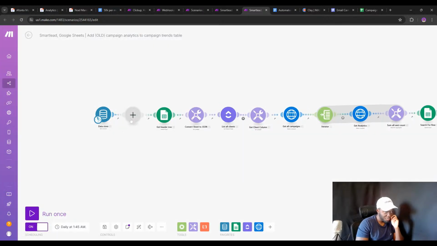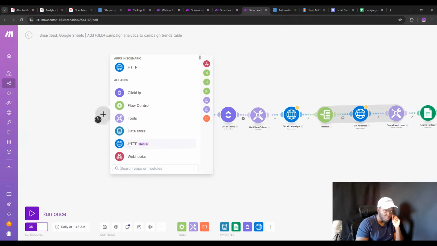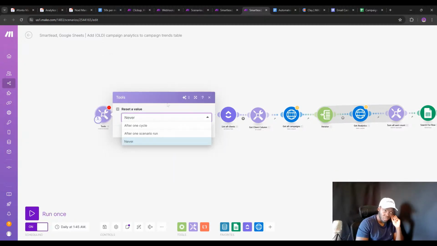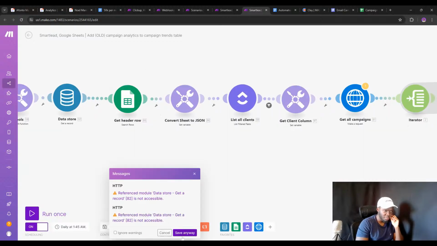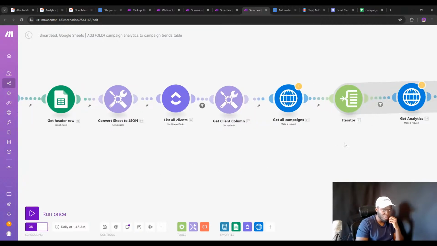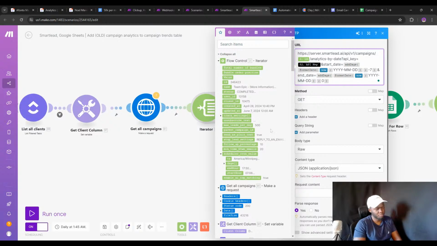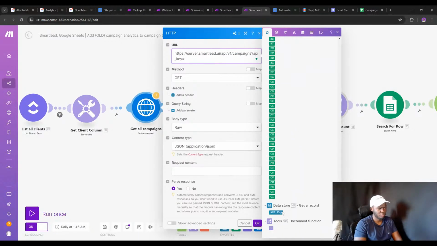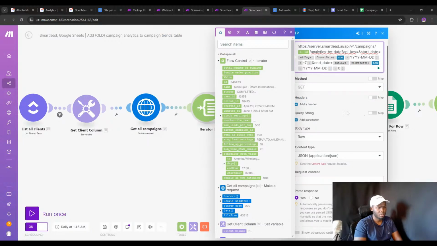So add module, delete. We're going to clone this right here and then plop it in here. And then we're going to add a tool, which is going to be the increment function, and then boom. And so this is going to be old. We're going to save this. And so the increment function is going to come into play over here, where we basically need to